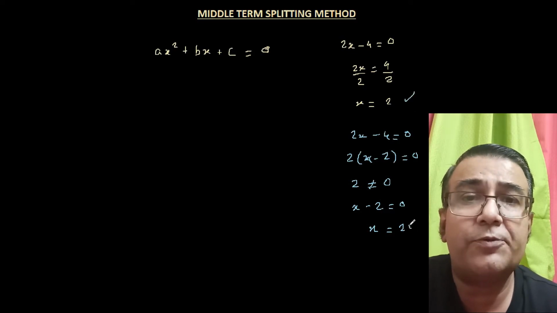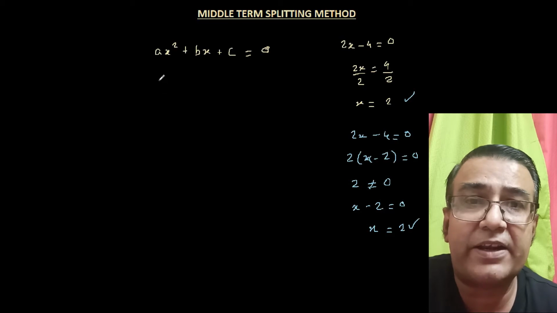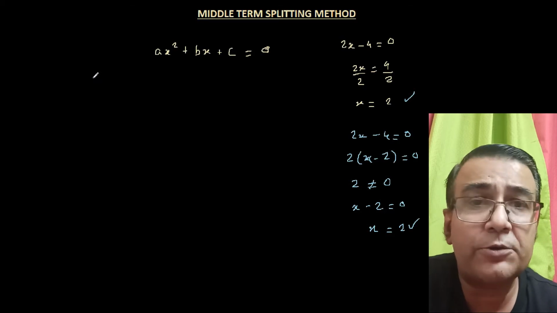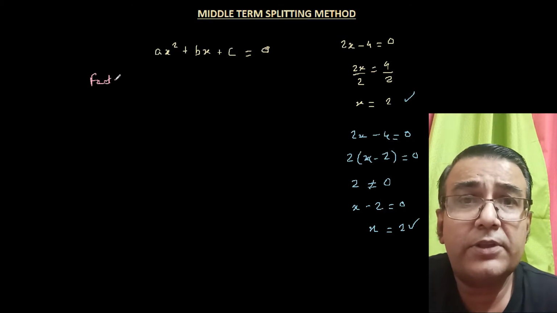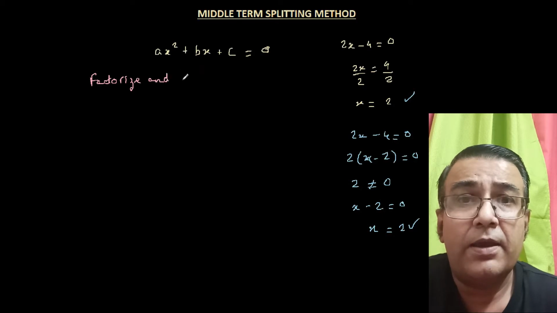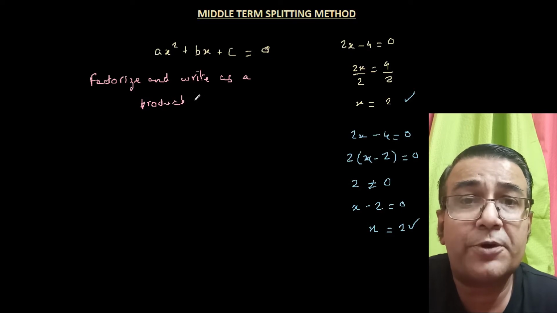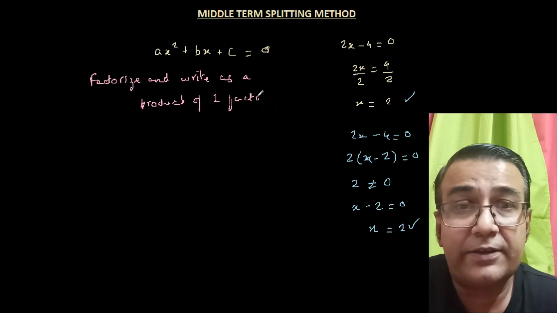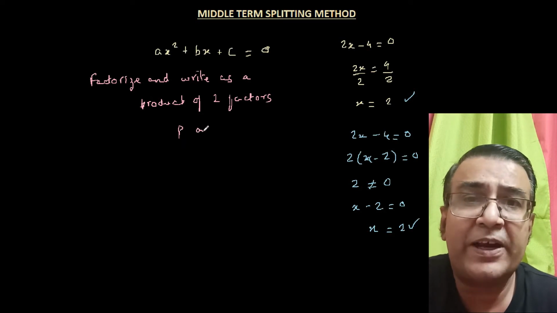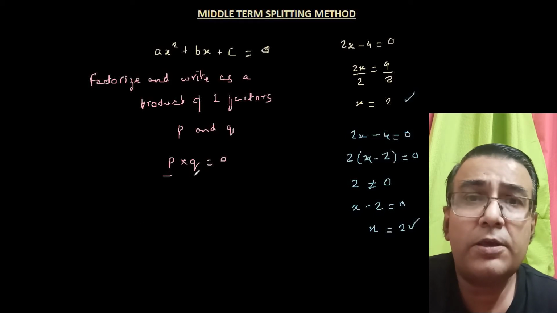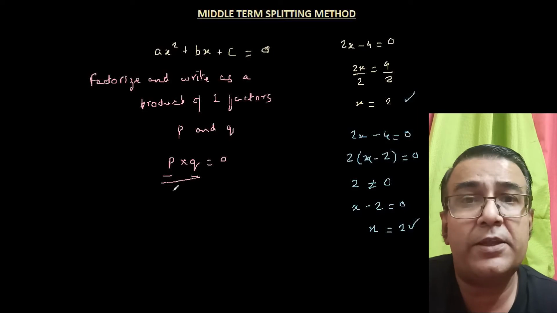So we are getting the value of 2 in both cases, whether we do it by the factorization method or by keeping the variables on one side. So why don't we apply this method to the quadratic equation also? Let's write it down: we can factorize the equation and write it as a product of two factors. For the time being, let's assume that the two factors are p and q. So we can say that p times q should be equal to 0. Now there are only two possibilities, or probably three: either p is equal to 0, or q is equal to 0, or maybe both p and q are equal to 0.